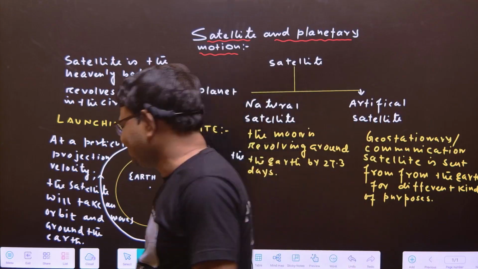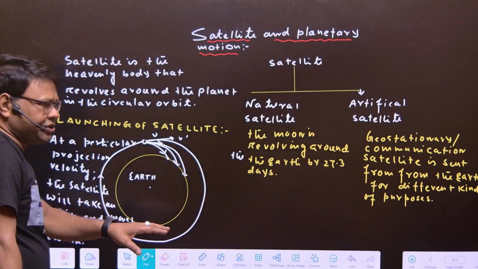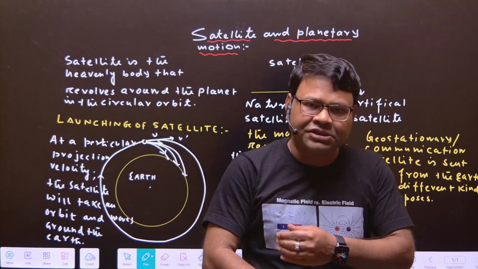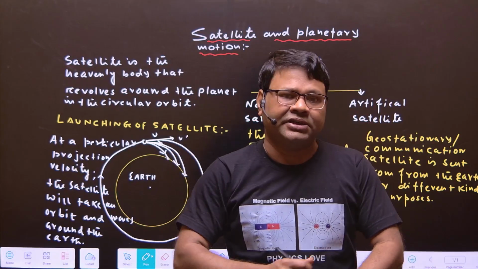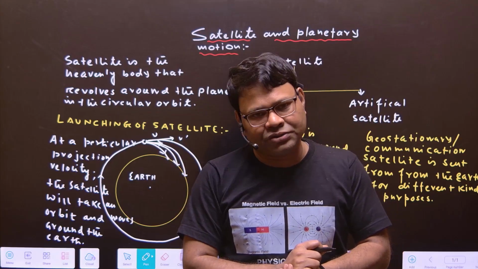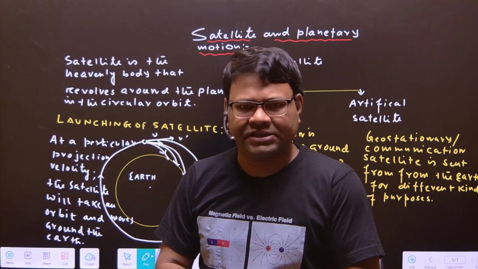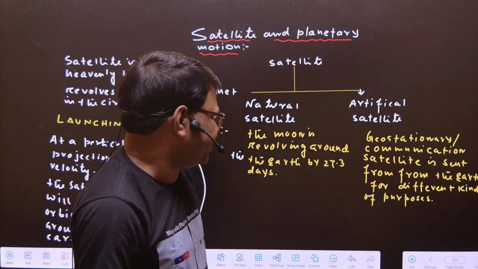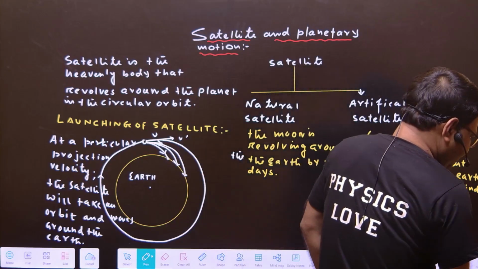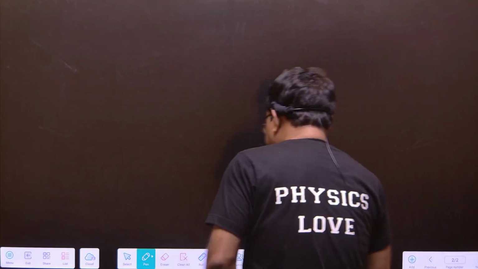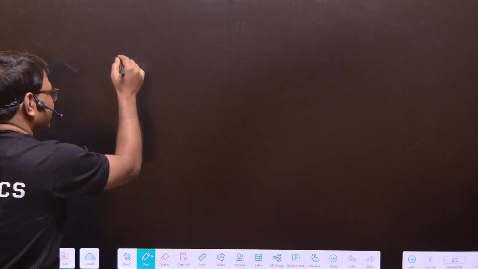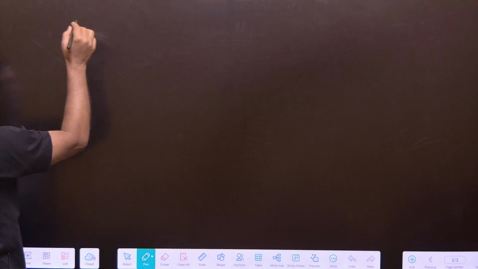Am I clear? So this is the process of launching, just as I have told you in brief. But we have to discuss many topics about the satellite. First, we will discuss the orbital velocity or orbital speed of the satellite. Students, give the heading. Okay, I am changing my page. Now see here, another page: the orbital velocity of the satellite. Please, all the students, give the heading here.